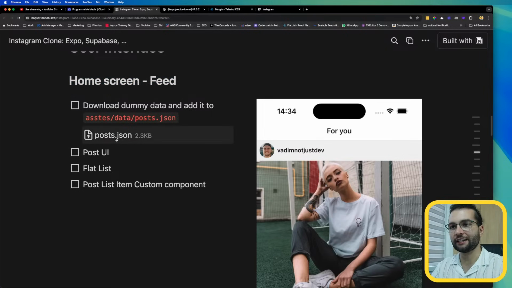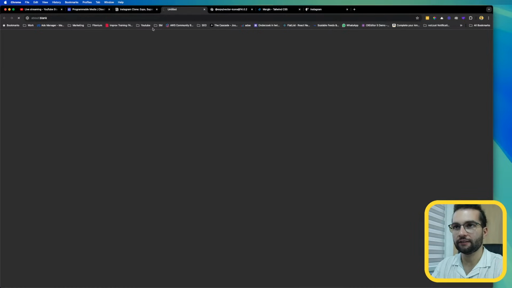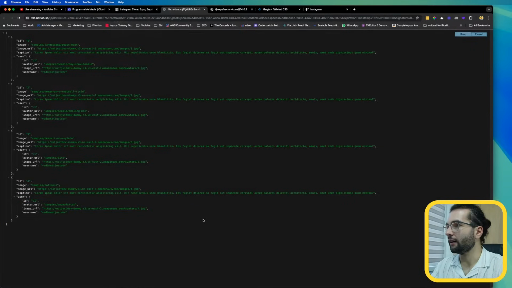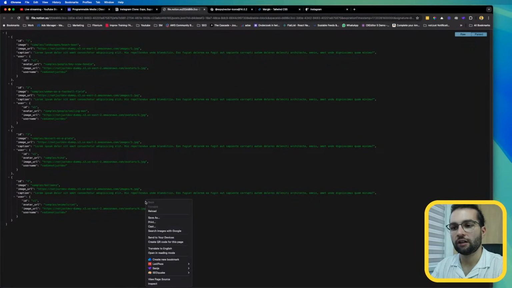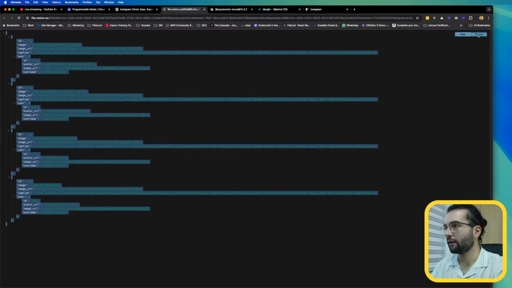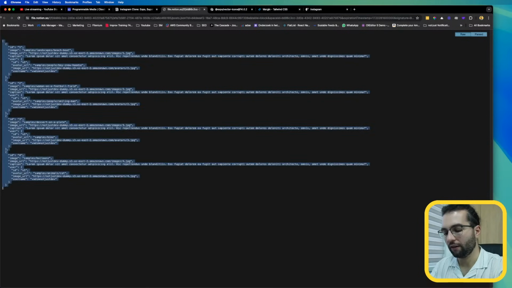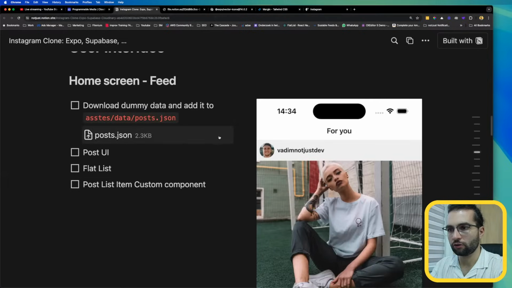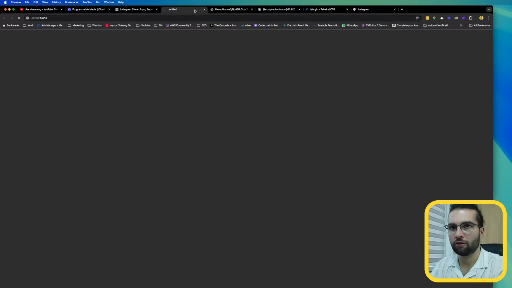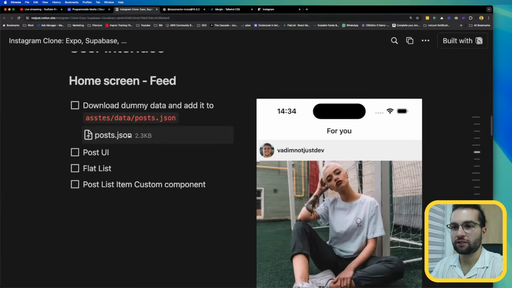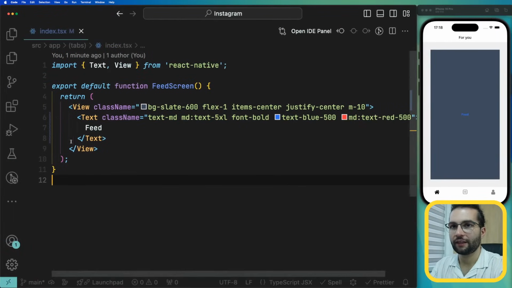So before we start working on the feed, I have prepared for you some dummy data that will help us render something on the screen with some JSON data. Go ahead and download this file from the guide. And this should be the file. I don't know if you can download it, or you can just simply, if you see it in raw version, copy the content. I think you can also download it. I don't know why it's opening like this. But if it's not actually downloading it, go ahead, copy the content of this file, and let's go back in